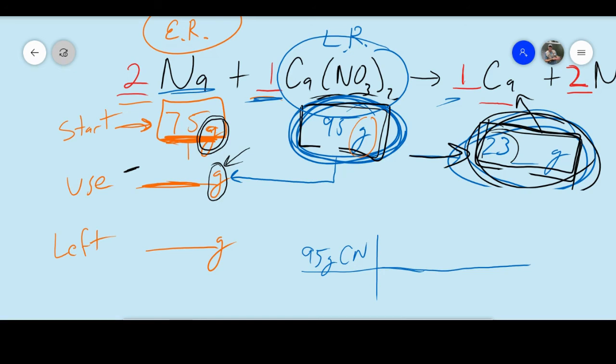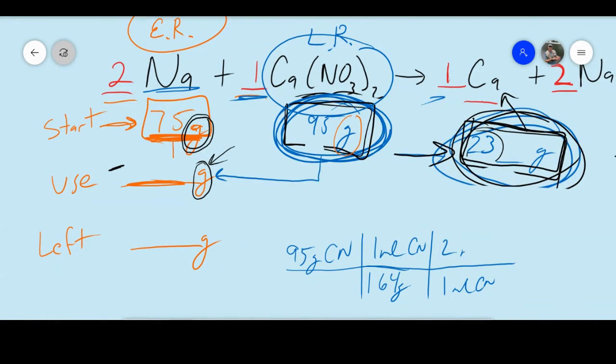So let's see here. We got 95 grams of the calcium nitrate and 164 grams per 1 mole of calcium nitrate. Mole ratio is 1 to 2. 1 mole of the calcium nitrate will react with 2 moles of sodium. All right. Last step, we know that every 1 mole of sodium has a mass of 23